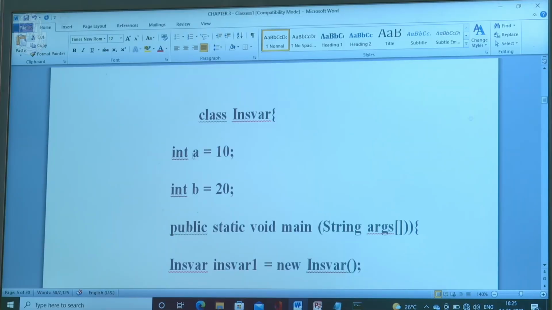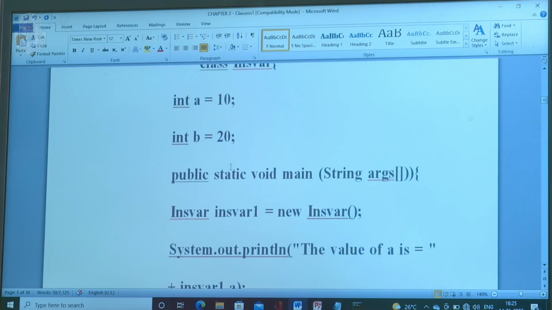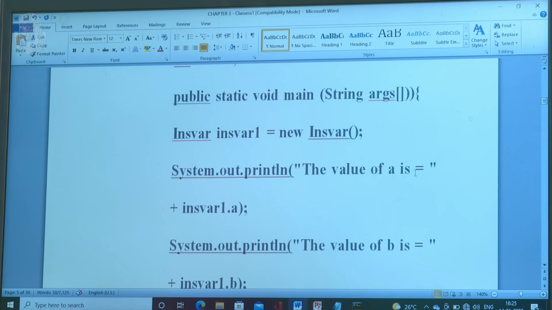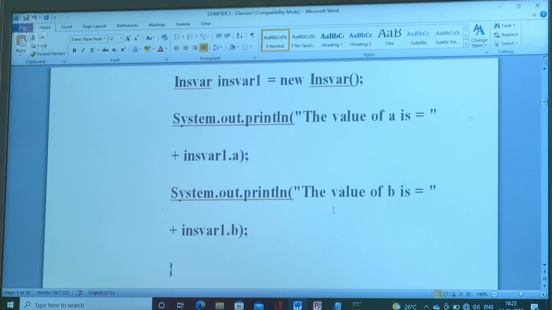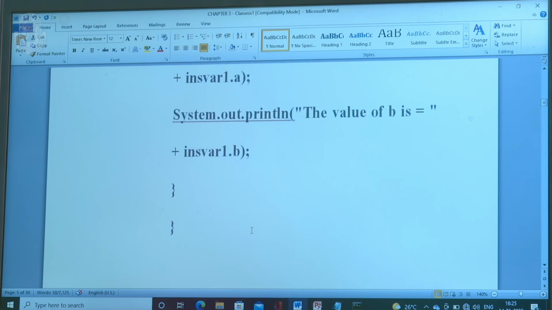Class insvar { int a = 10, b = 20; public static void main(String args[]) { insvar insvar1 = new insvar(); System.out.println("The value of a is " + insvar1.a); System.out.println("The value of b is " + insvar1.b);